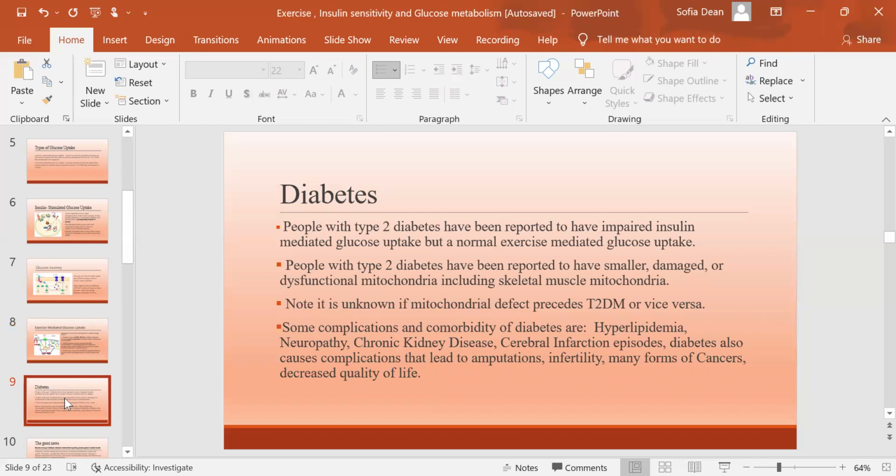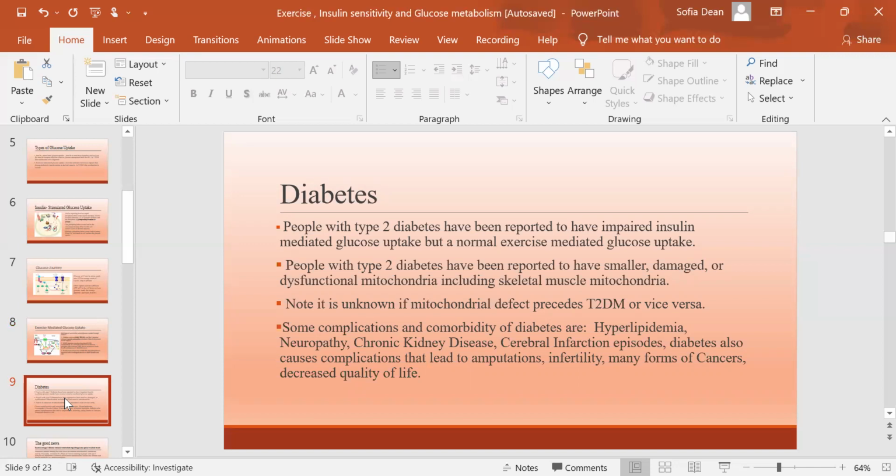Diabetes. People with type 2 diabetes have been reported to have impaired insulin-mediated glucose uptake, but they have a normal exercise-mediated glucose uptake. People with type 2 diabetes have been reported to have smaller, damaged, and/or dysfunctional mitochondria, including skeletal muscle mitochondria. Note that it is unknown if mitochondrial defect precedes type 2 diabetes